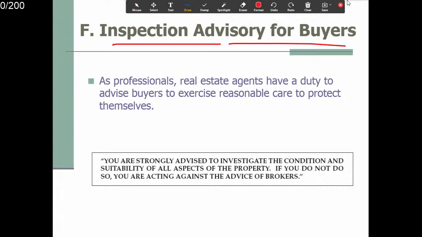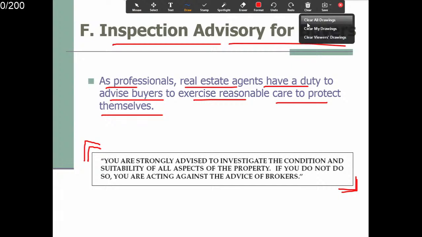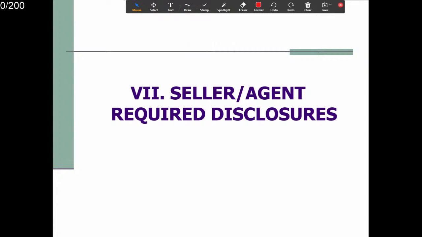Inspection advisory for buyers. Okay. As professionals, real estate agents have a duty to advise buyers to exercise reasonable care to protect themselves. Okay. So you basically cover our butt by saying, right? You declare to the buyer, you are strongly advised to investigate the condition and suitability of all aspects of the property. If you do not do so, you are acting against the advice of brokers. OK，你宣布给他，你最好检查房子。OK，你不做的话，就是你不听我们的意见，OK，是你的事了，OK。